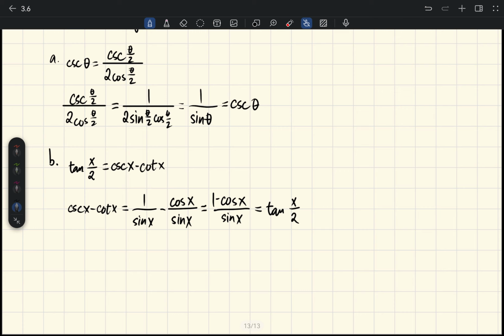Okay? So usually in proving identities, you do not really want to touch this right away, since, as we all know, this tangent of x over 2 has two forms for its identity. Instead, as much as possible, try and start with the other things that you can touch. Like, in this case, we started with cosecant x minus cotangent of x. I hope the examples this time are clear and you get a good grasp of using the half angle identities.